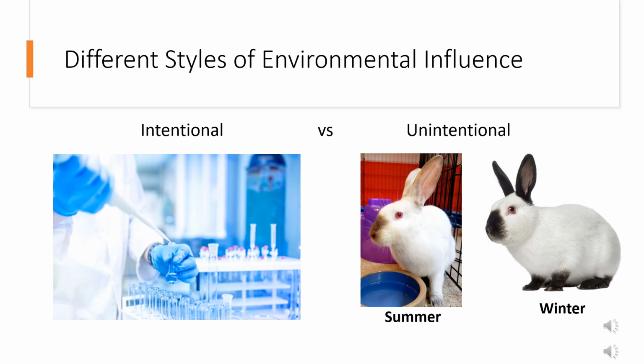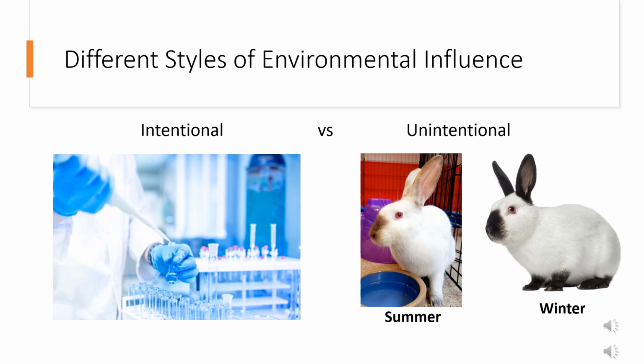When we're thinking about phenocopying, there are primarily two different styles of environmental influences that can affect a phenocopy. First off is what we know as intentional environmental influences. These are when scientists purposely introduce an altered or differing environment, environmental factor, or treatment onto a developing organism to environmentally induce a characteristic that is not typically seen from the genetic makeup of that organism in normal conditions.